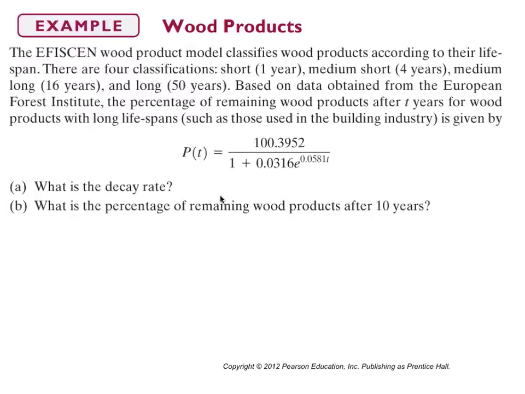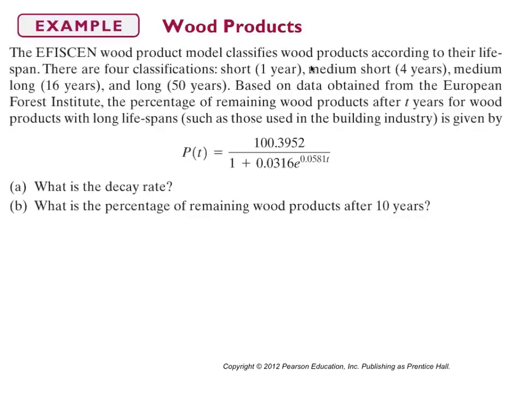So let's take a look at this example here. We have this wood product model. It classifies wood products according to their lifespan. And then there are 4 different classifications. There's short, which is 1 year, medium short, which is 4 years, medium long, which is 16 years, and then long, which is 50 years. And then based on the data obtained by the European Forest Institute, the percentage of remaining wood products after